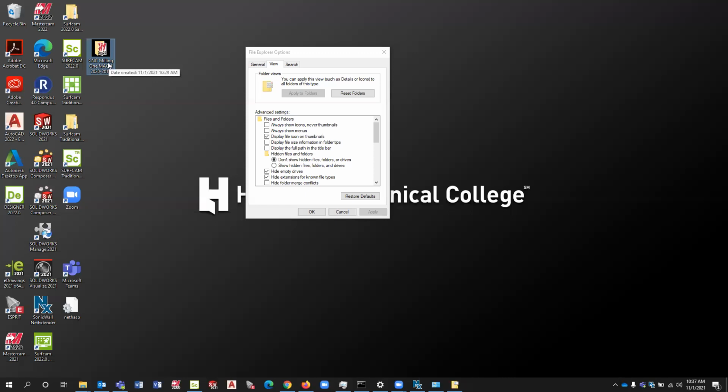So on the desktop here, I have a folder that I've already created, and it's always recommended that when you're working with Mastercam, save your file in a folder on the desktop. And then once you're done with that file, you will copy and paste that to your flash drive. Now, that's the best method because sometimes working directly from the flash drive, there might be a disconnect or the flash drive might be not working fully,